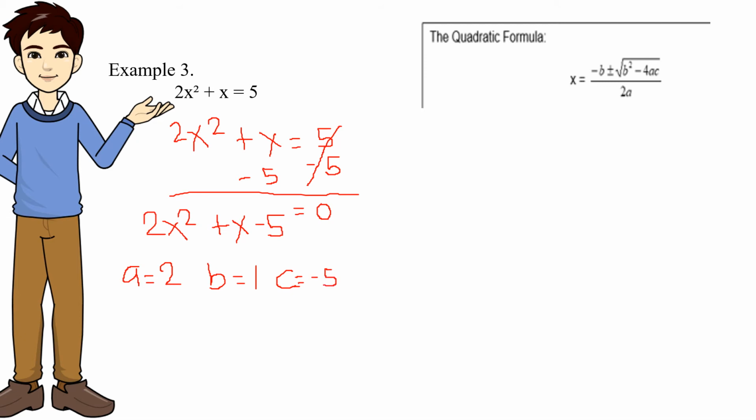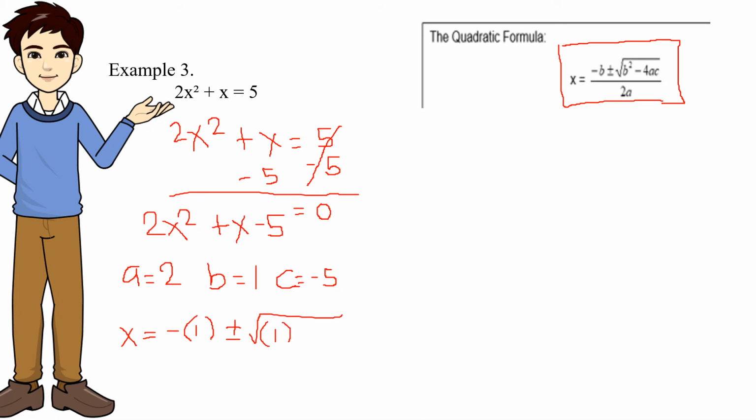So ito ngayon yung mga value na ABC na gagamitin natin sa ating quadratic formula from the standard form. So ang quadratic formula natin, again, given x equals negative b plus or minus the square root of b squared minus 4ac over 2a. So palitan natin ng value ang ating ABC. So, magkakaroon tayo ng x equals negative b, that is negative 1, value of letter b, plus or minus square root of